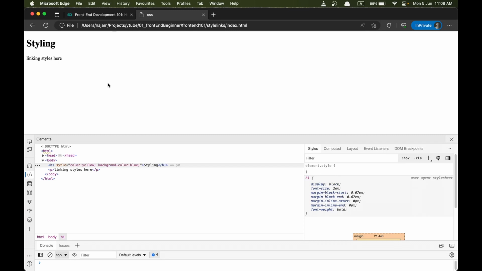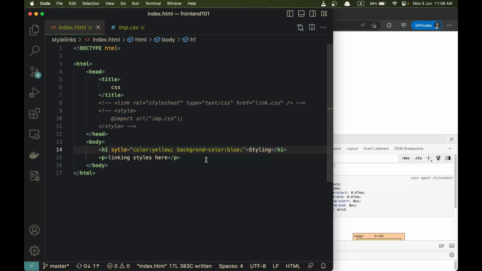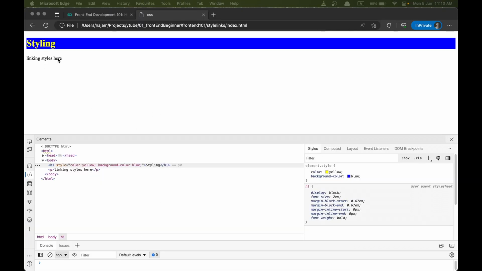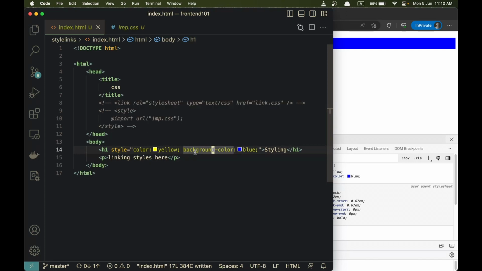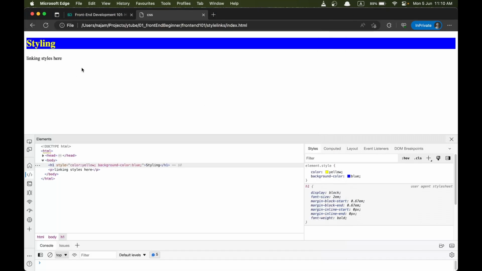Here I'm missing something. So now I have this text color yellow and background color blue. I made a typo here. I didn't type style correctly, and then there was a spelling mistake, I think, in background color as well. So now these two are fixed and they are working as intended. And if I come back here and I switch maybe to red here, so you can see this is called inline